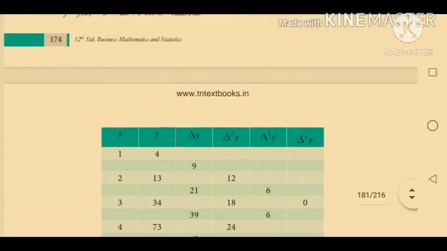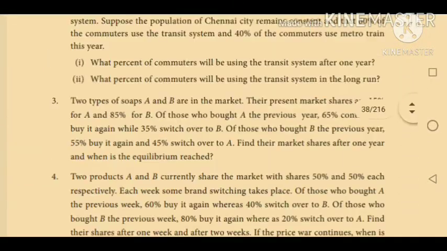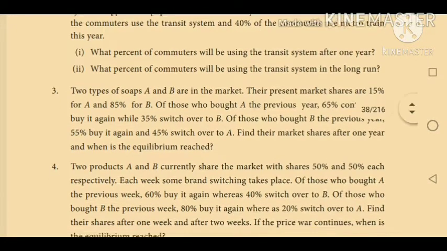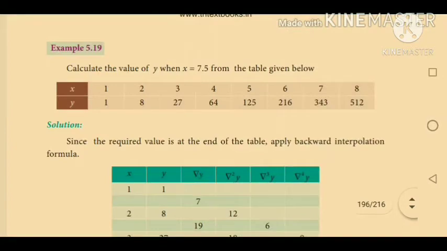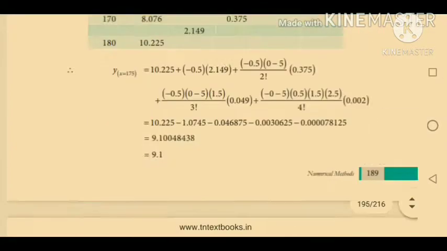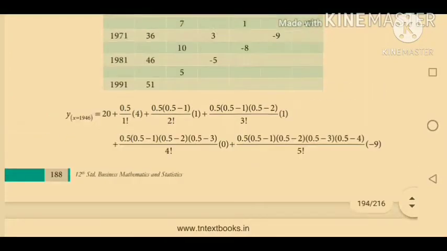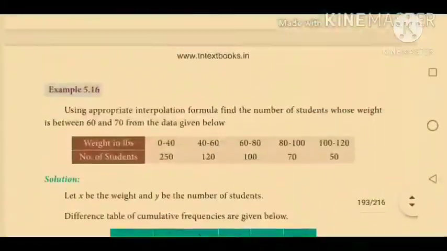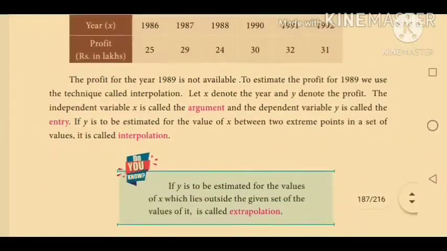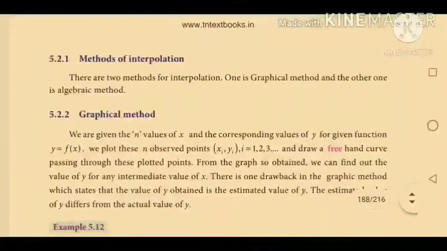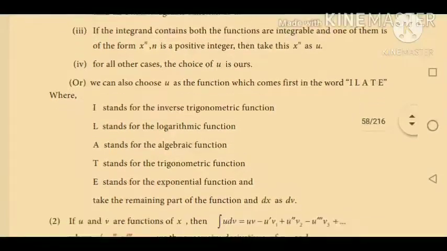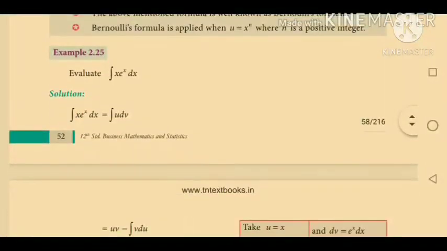So we have to find the values up to the lowest term. We come to the lowest term in order to find the value. In order to find the value of the delta, we are using the method difference table, that is the forward difference table. Now we finished example 1.1 and example 1.2, that is 5.1 and 5.2. Now we are going to see the next sum.